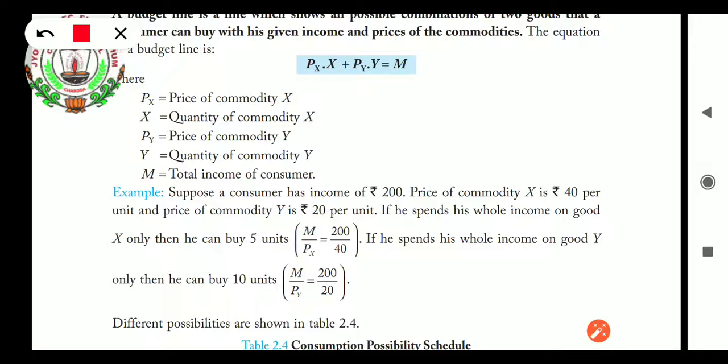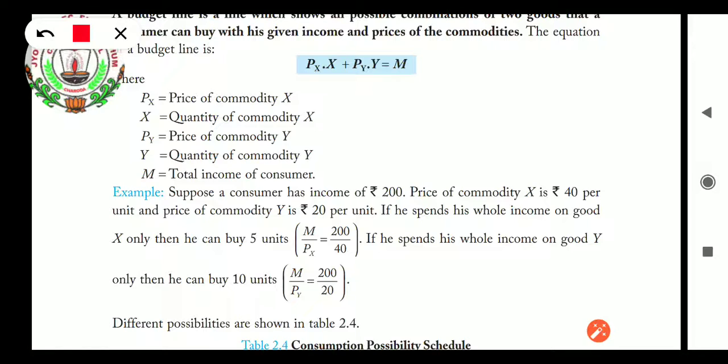Then X is the quantity of goods, as we learnt in class 4th. When we want to get the total amount, how much we purchase, then definitely we will multiply the quantity of goods into the price of the goods. So here also we are doing the same. Px is the price of the goods and X is the quantity. When we multiply it, we will get the cost we had paid for product X, plus Py into Y,